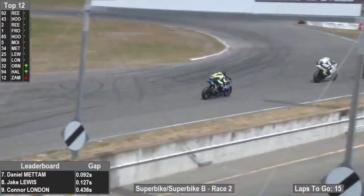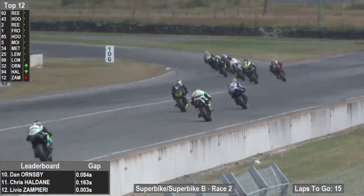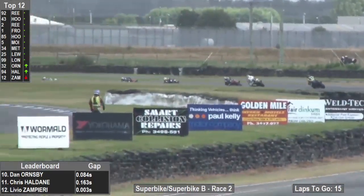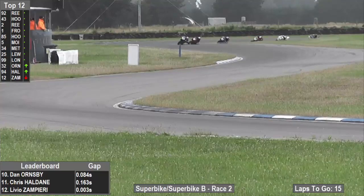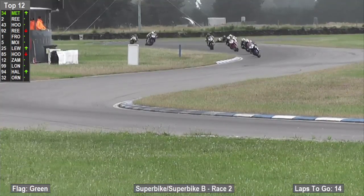As they follow, it is Daniel Medham, Rees, Al Hoogie, Damon Rees, Sloane Frost, Scott Moyer, Jake Lewis, James Hugenhuizen, Olivia Zamheri, and Connor London. Your top 10 as they head down into Flexoplast, the left-hander, and it is still Daniel Medham with the advantage as they head down the Liquimolly straight